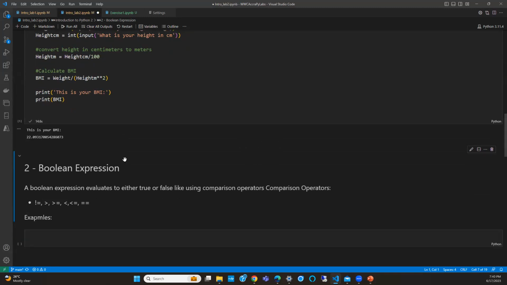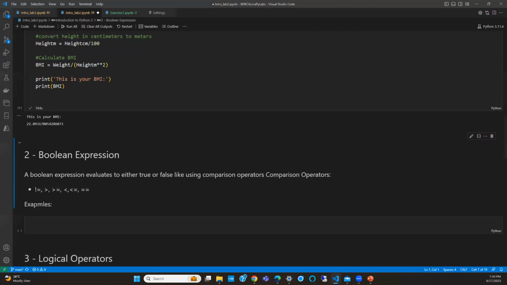Great. With that said, we'll be moving on to our Boolean expressions. I think there were some answers in the chat that I missed. Agnes says input only returns a string and we need to perform a calculation. Yes, that's good, Agnes. Lillian says it needs to be changed to int because it's a string. Great.